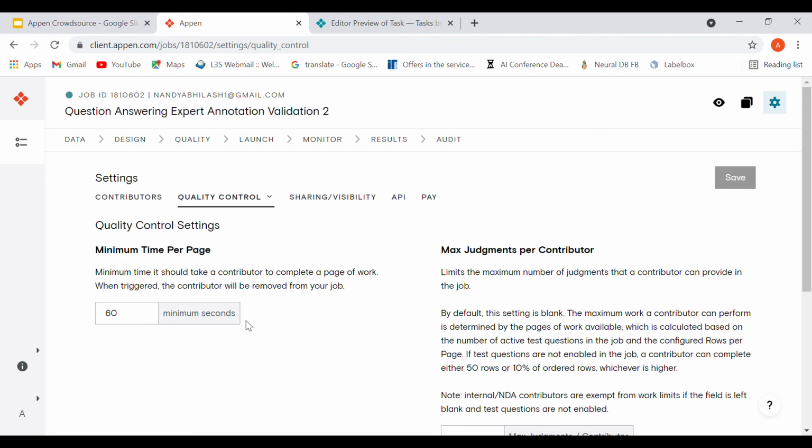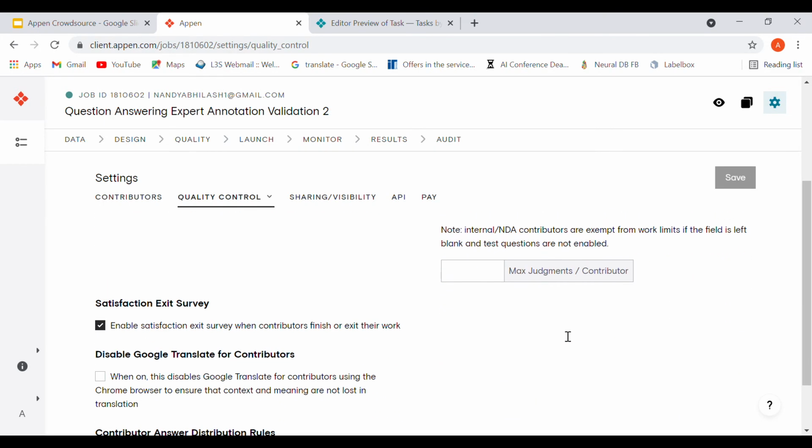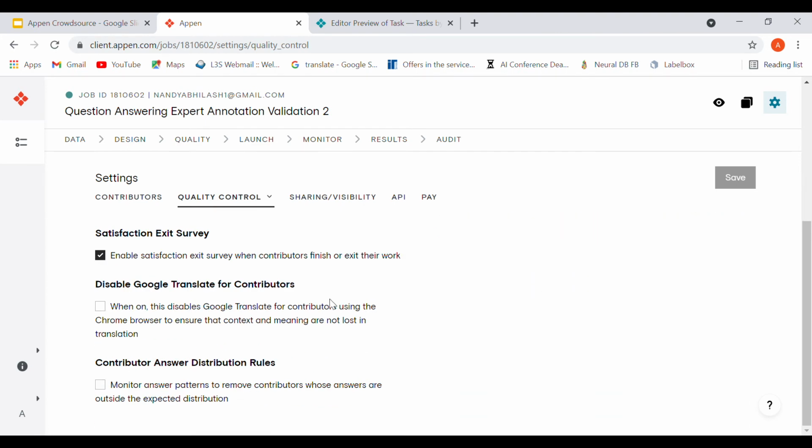You can have some sort of an estimated time that would be required to do the annotation, and accordingly you can mention your time here, and any annotator that takes less time than that would be flagged. This is the number of maximum judgments per contributor. You can also control that, and these are some things which I haven't explored much, like you can have the distribution of the answers in a certain way, and the contributors who tend to deviate from that will be flagged.